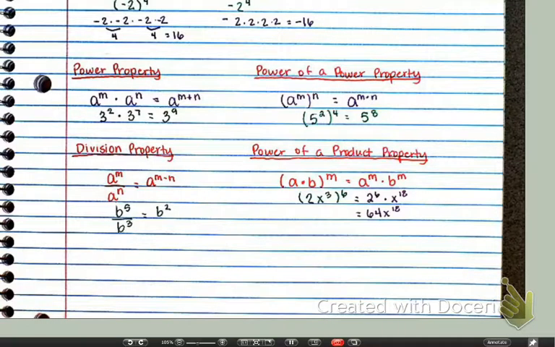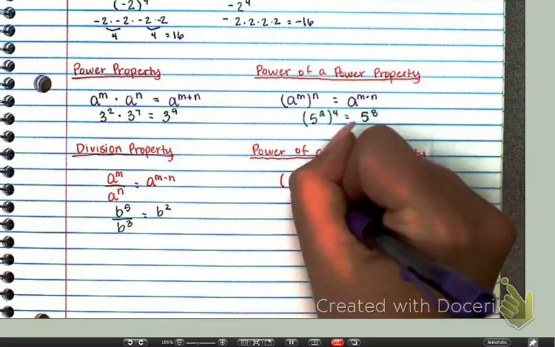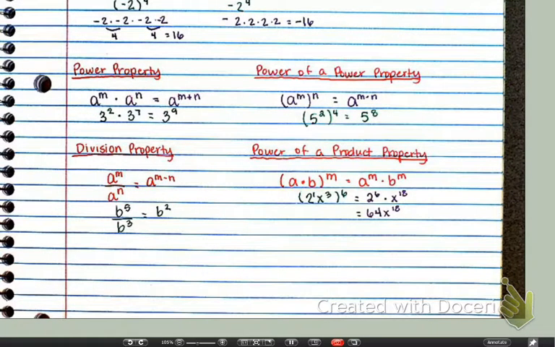And then x to the 18th. So some of you gave me 2x to the 18th, but didn't see 2 as its own power. Okay? As its own base. 2 is its own base. What is the exponent that is attached to the 2? 1, right? If it's not there, it's a 1. So really,